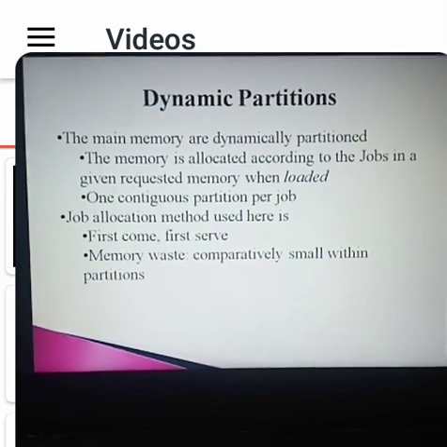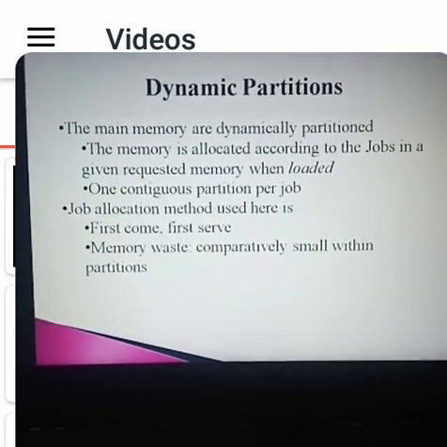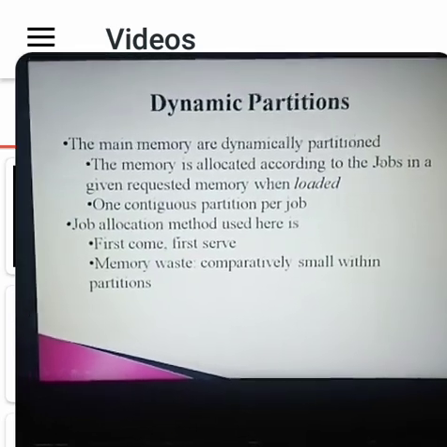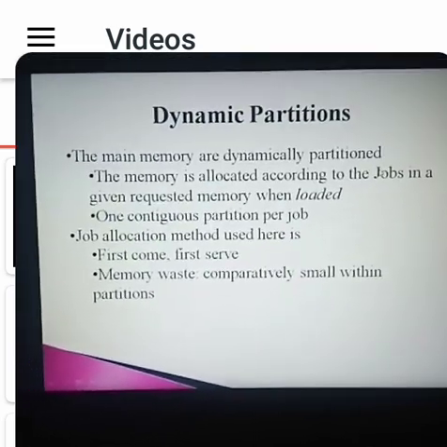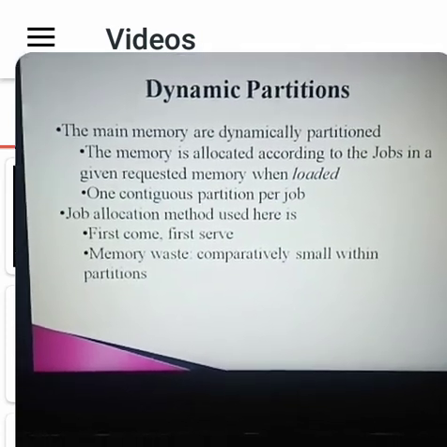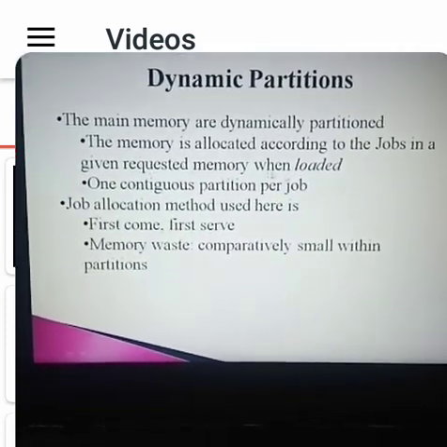Next we are going to see dynamic partitions. The main memory is dynamically partitioned, and it is allocated according to the requested memory of the job when loaded.